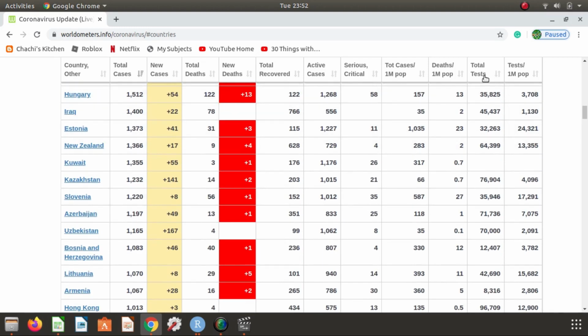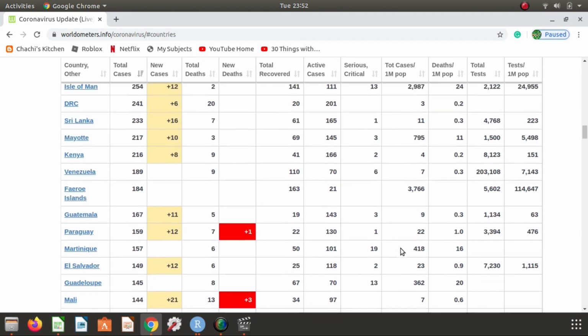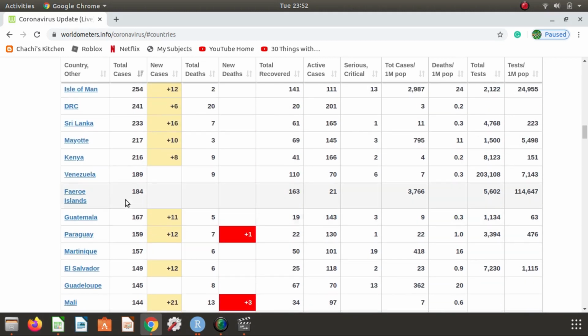We also have some countries that do not have data for total tests and tests per 1 million population. So these again will be omitted from the analysis, and we'll also consider only countries that have more than 200 reported cases. So that would be from somewhere around here if it was this data set, but from the one I have, I think it will be a little different. By then I think Kenya was not at 200 yet, the one I picked. So anyway,